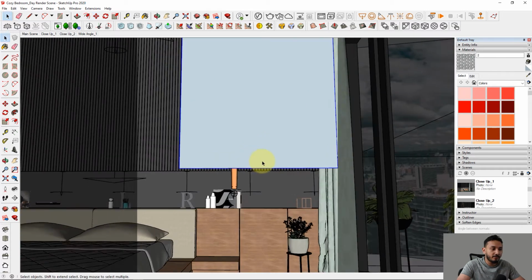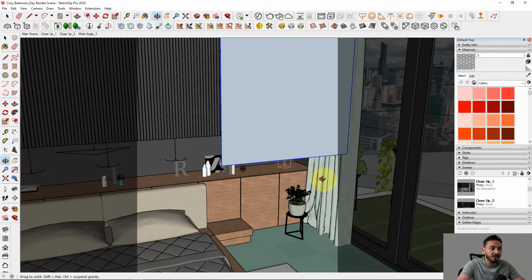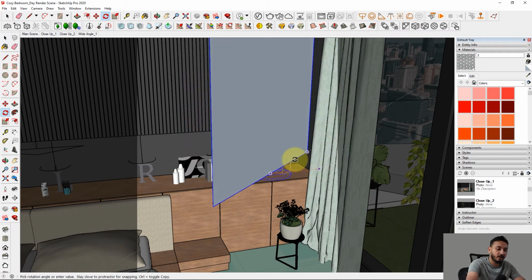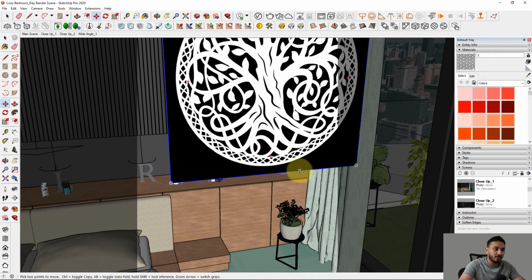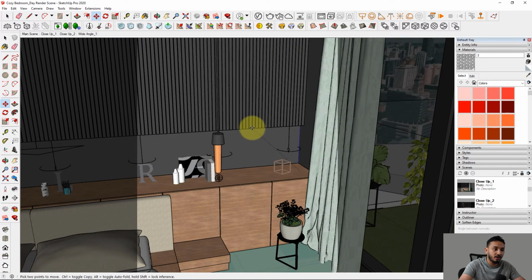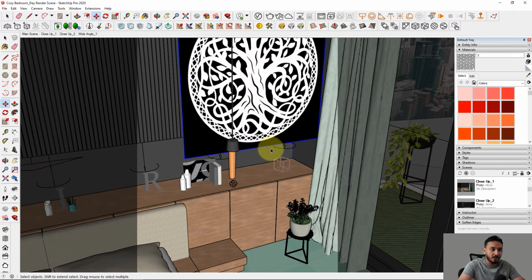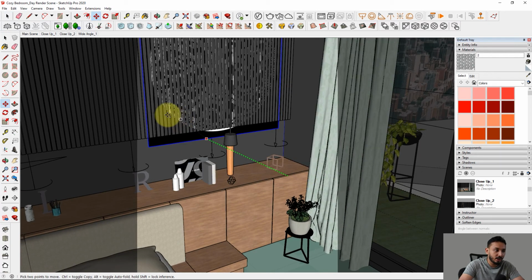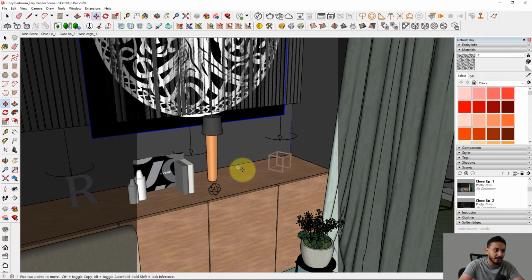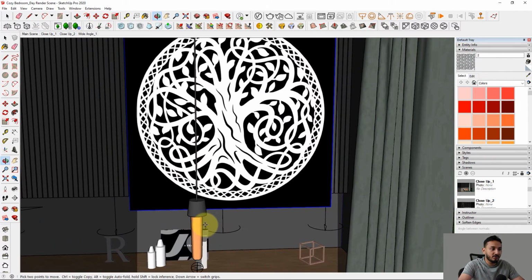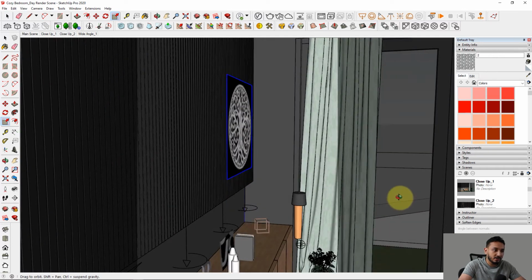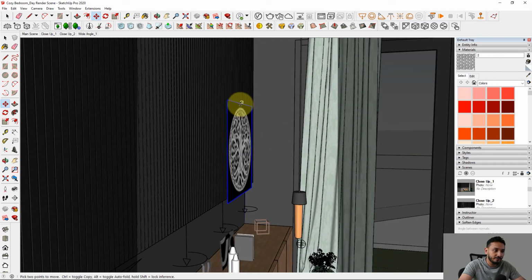Alright, so it's come in to SketchUp, and now we need to rotate this. So use the Q tool, snap it to the blue axis by pressing the top arrow key and rotate it by 180. Alright, so now we're going to bring this in and move it to the wall. Maybe move it out a bit. Always make sure you are moving it along axis, makes life much easier. And I'm also going to scale this down, so press scale again and bring it down a bit. So now this is part of this wall.